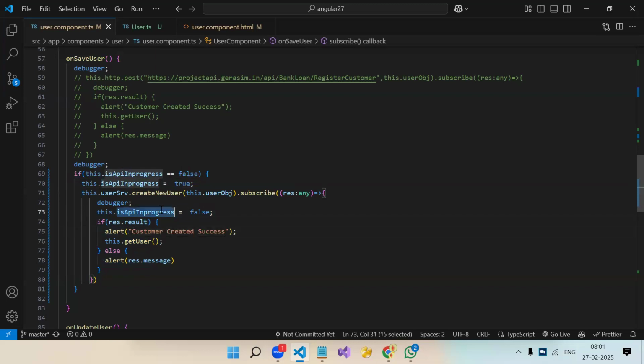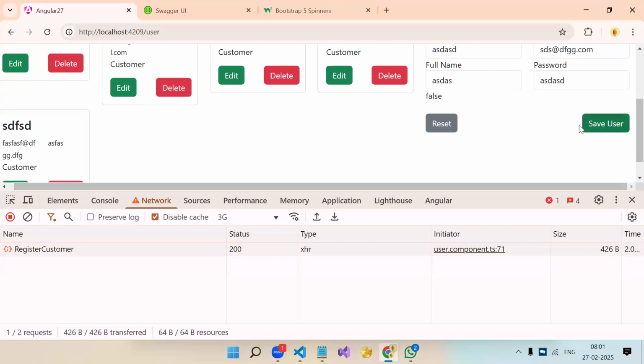So जब तक ये वेरिएबल फॉल्स नहीं है तब तक हमारा if कंडीशन एग्जीक्यूट ही नहीं होगा, अंदर ही नहीं जाएगा. So by using single variable, we have achieved two things. We have informed the user also that something is happening by showing the loader, और हमने duplicate API कॉल भी बचा लिए. ये ज्यादा सही है, टीएस से मेंटेन करना ज्यादा सही है, right? Understood?